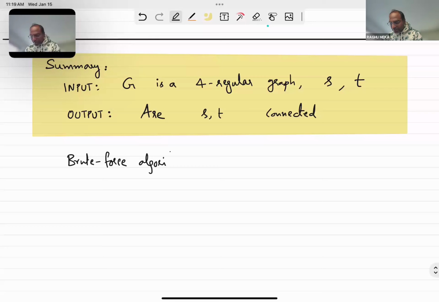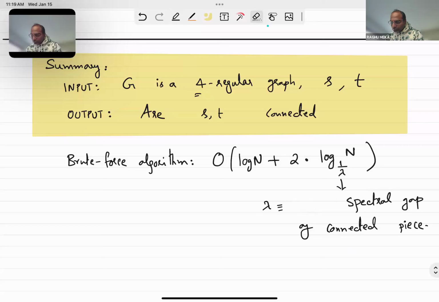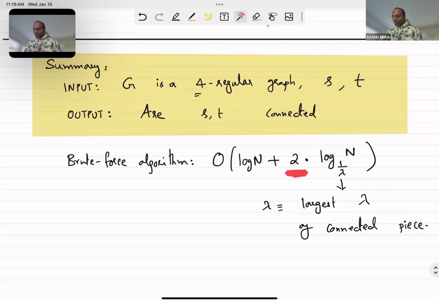So how much space does the brute force algorithm take here? It's going to take log n, plus log of the degree, which is small, just log 4, which is just 2, times... Okay. So in some sense, we at least got rid of the degree problem, but we still have to deal